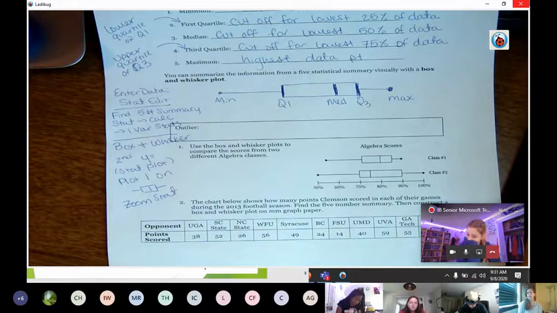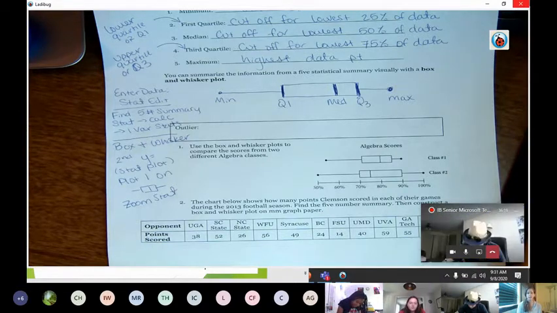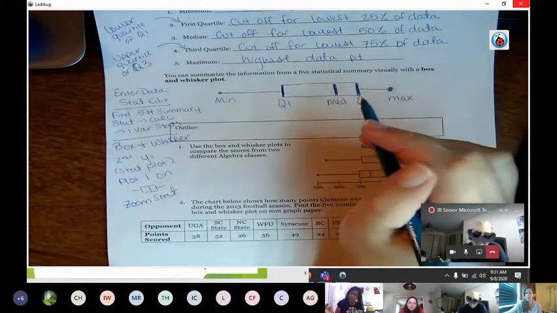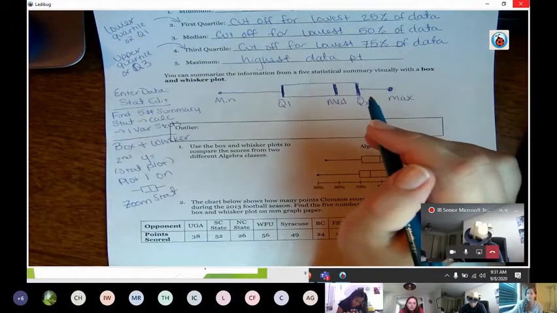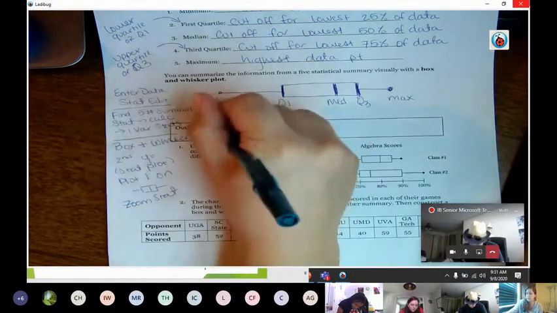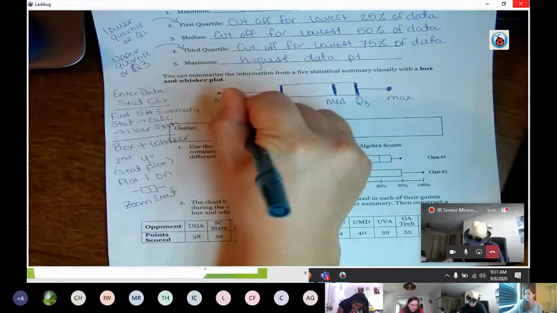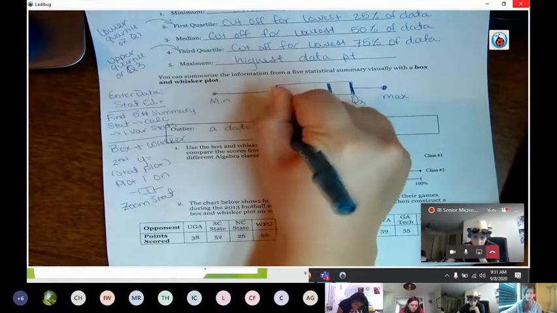Okay, the next thing we're going to talk about is outliers. Outliers, we have a general definition for. We understand them as things kind of away from the data, something that's particularly far away. But we have an actual definition of it. So we can actually classify outliers very specifically. So an outlier is a data point that is,